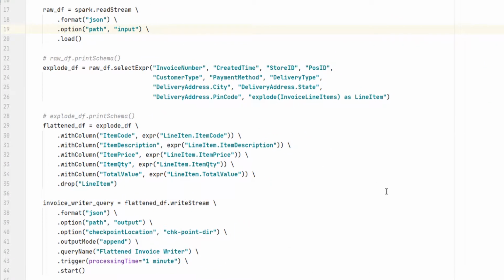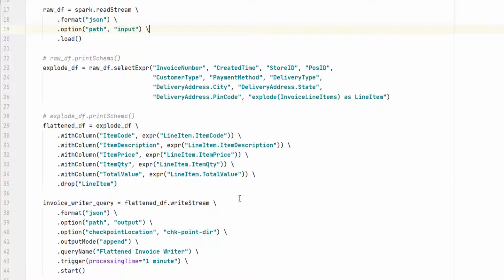How is it going to work? Let me explain. The program starts with reading a stream. The stream input is a directory. We call it a file input source, but it is a directory source. So, the read stream will look into the input directory and read all the available files. The file must be a JSON file. If you have other types of file in the directory, you may get an exception. So, we should make sure that the input directory contains JSON data files and nothing else.